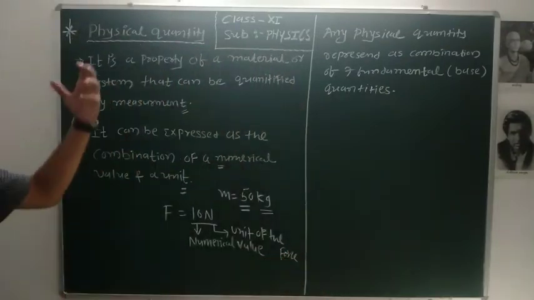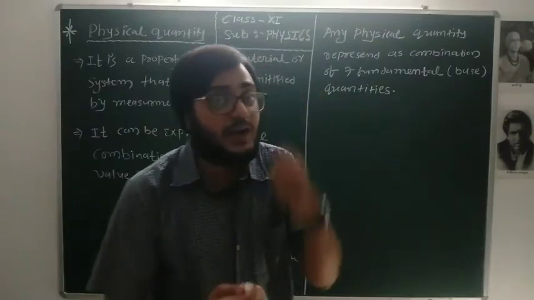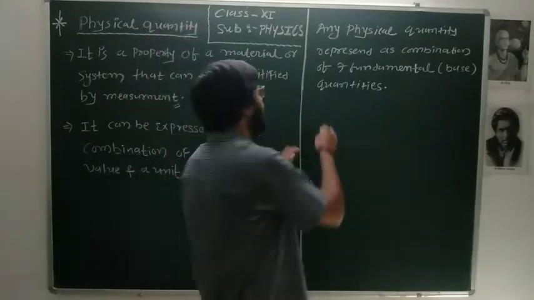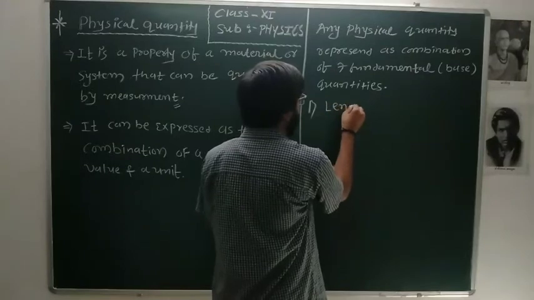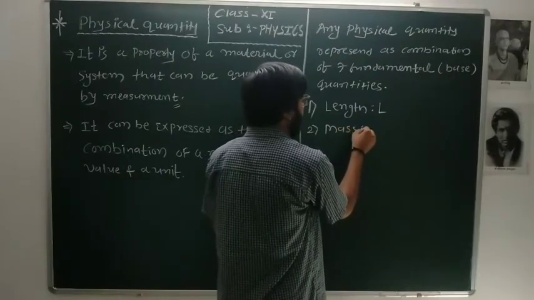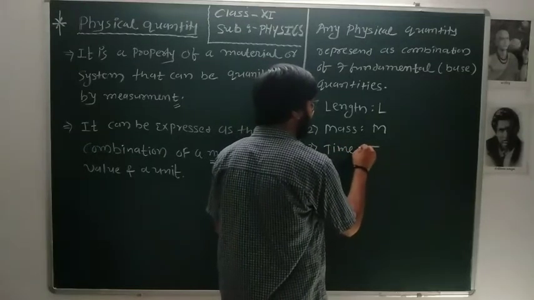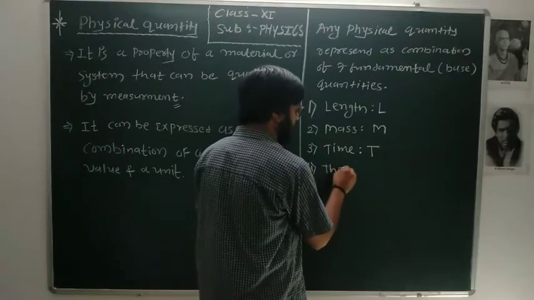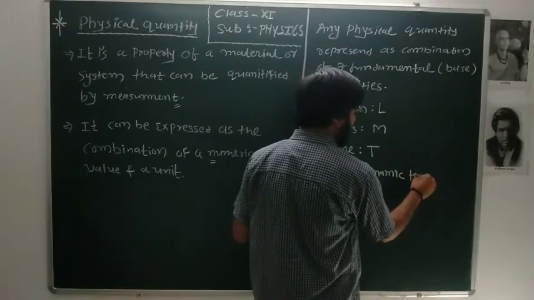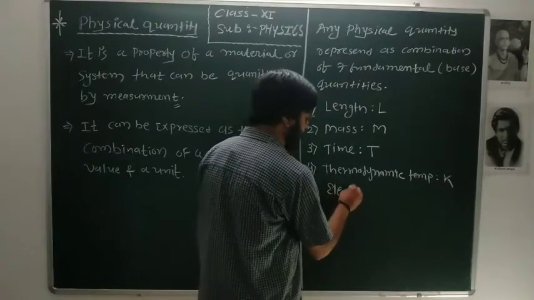Now any physical quantity is represented as a combination of 7 fundamental quantities. So what are these 7 fundamental quantities? Students, here we need to know the 7 basic fundamental physical quantities, that is length, the symbol is L, then mass, the symbol is M, time, the symbol is T, then thermodynamic temperature, and the symbol is K, then the fifth one is electric current,